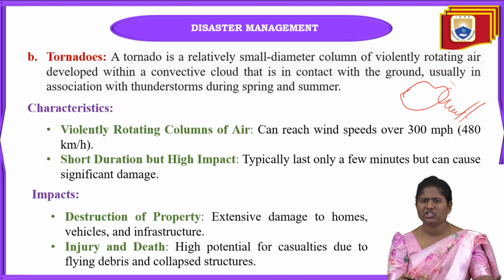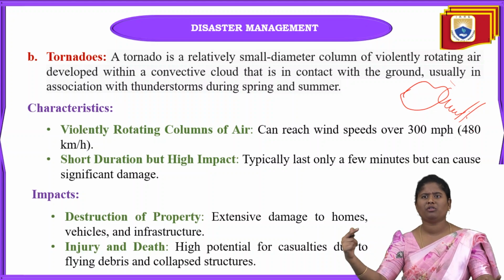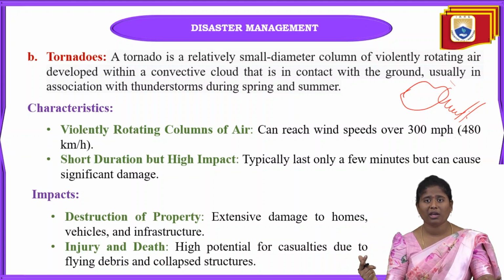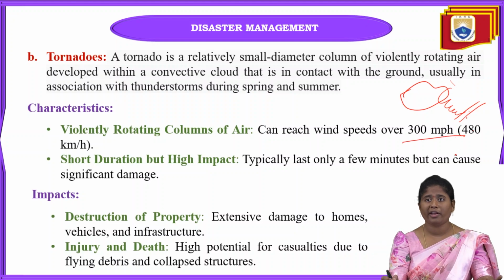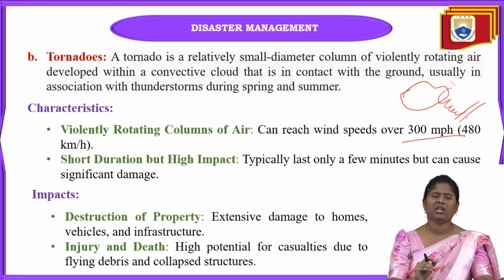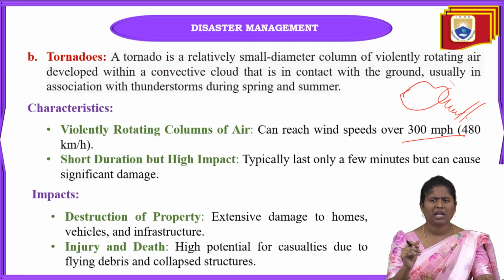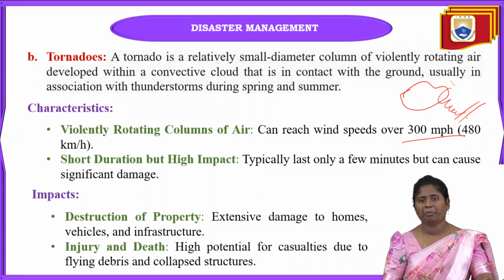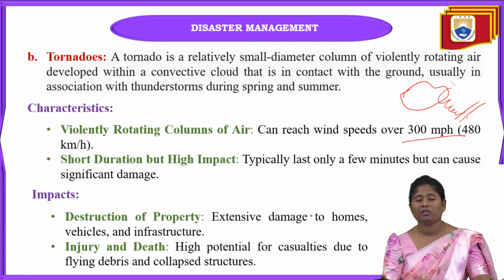Why? Because they just take that wind speed only. You can see this wind speed already. It means that much speed wind will be there at that time. If any type of object, humans, or animals come in its path, it will just take out that object. It will just rotate in that tornado only. It will collapse the overall structures also at high speed.